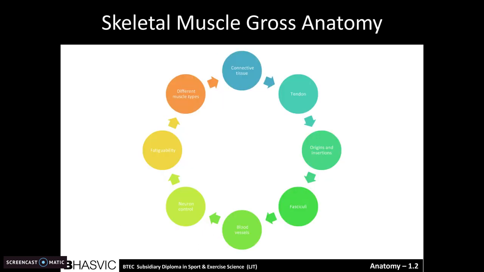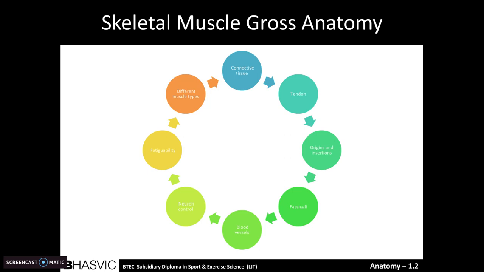Skeletal muscle gross anatomy. For each skeletal muscle fiber, there is a cylindrical muscle cell. An individual skeletal muscle can be built by hundreds or thousands of muscle fibers that are all bundled together. They are then wrapped in a connective tissue, and each muscle is surrounded by a connective tissue called the epimysium. The fascia, which is a connective tissue outside of the epimysium, separates and surrounds